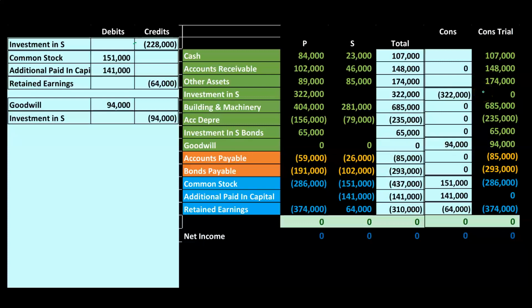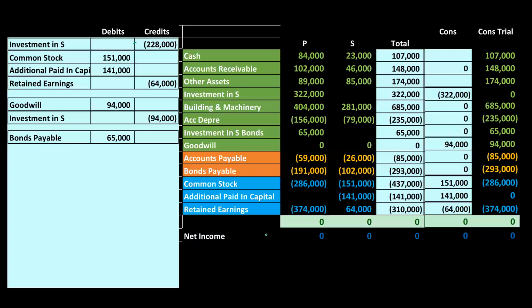So that's going to be our standard kind of adjusting entries that we have there, or our reversing entries in this case. And notice it's a little simplified because we don't have the income statement accounts here. However, now we have those intercompany transactions. So what happens if there's kind of intercompany transactions that are going on here?